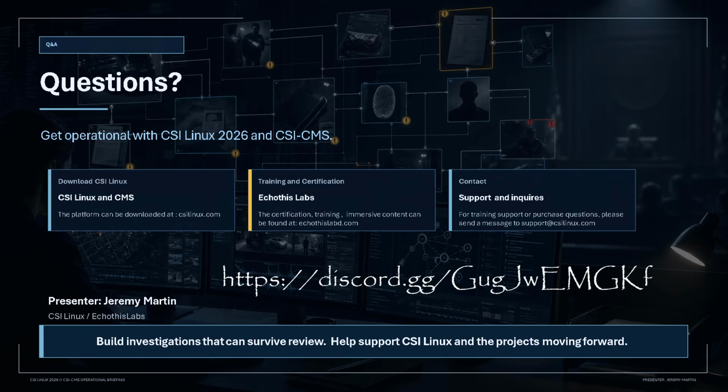Another good question, as far as the document templates. There's a lot of document templates in CSI Linux. Within the case management system, we do have a preset list. We are modifying how the back-end reporting structure is going. Right now, we have a handful at the very beginning, in the case management tab. We are going to be moving a couple into other areas of the CMS that are more relevant to those items,